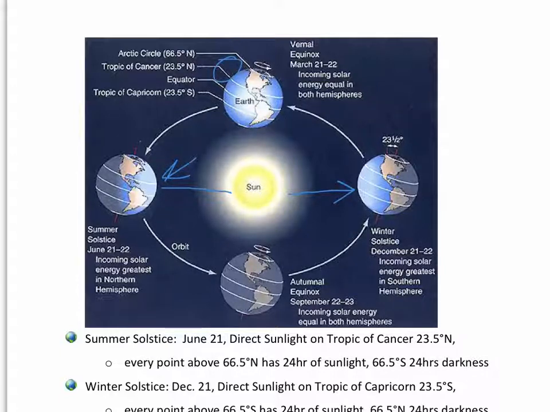Let's look at a couple other things in this diagram though. I'm going to draw attention to this line right over in here. If you notice, the right half is really dark. The left half is more illuminated. Well, in fact, on December 21st, the North Pole, or anywhere above around 66 degrees north latitude, is going to have a really short day, almost to the point of no day at the North Pole. So if you were chilling at the North Pole on December 21st, it's total darkness.